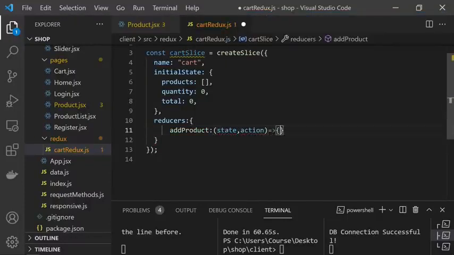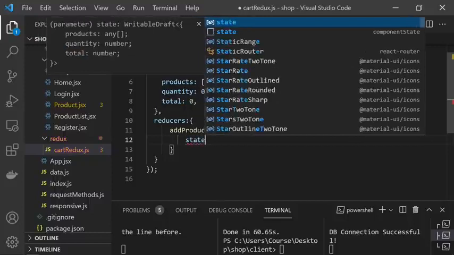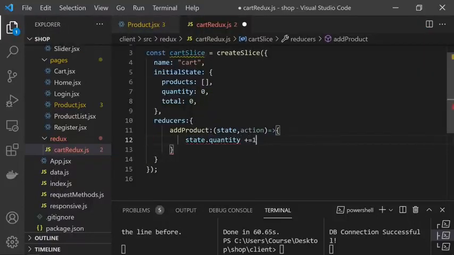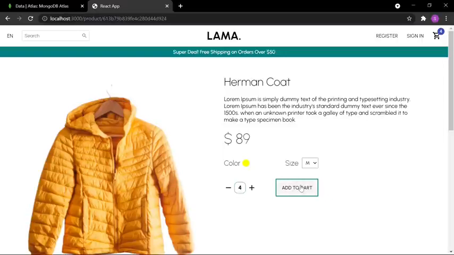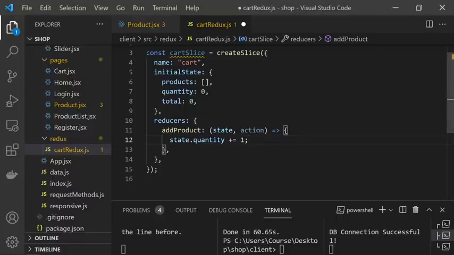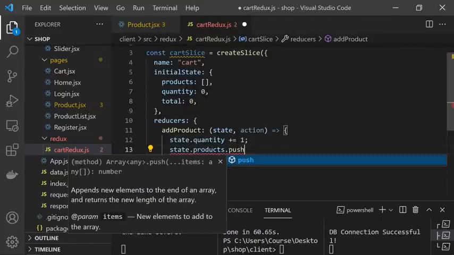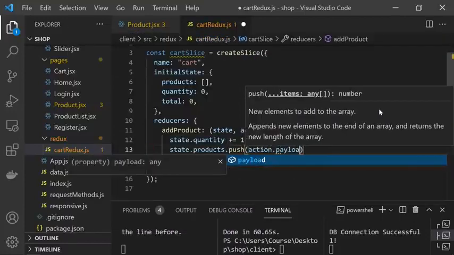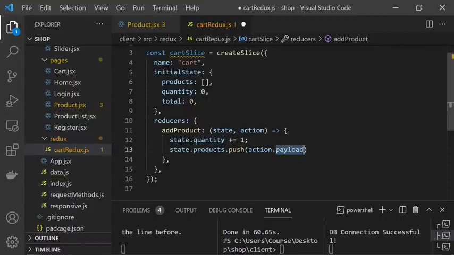After that, let's open an object and let's update our state. Firstly, state.quantity will be plus 1, because when we click this button, we are gonna increase this quantity number. And after that, we are gonna update our products, state.products, and it's gonna be push and action.payload. So what's this payload? It's basically our new product. And finally, state.total. I'm gonna increase this again, and it's gonna be action.payload